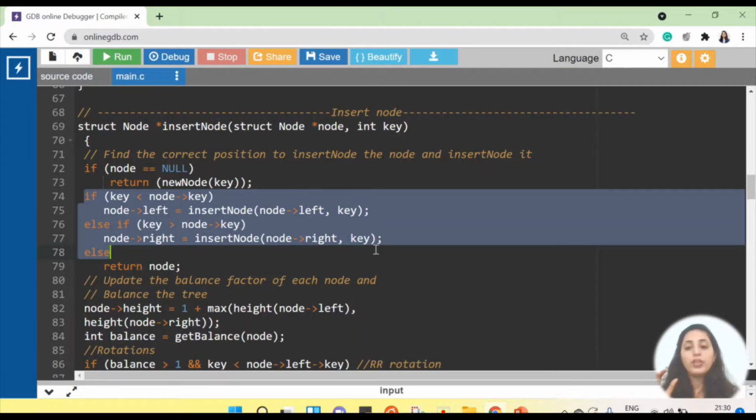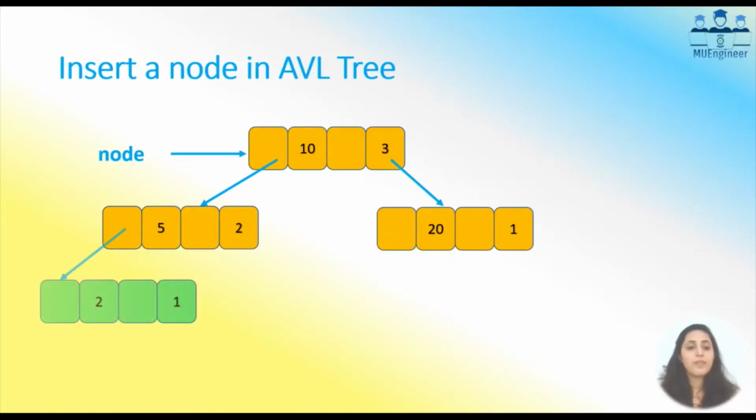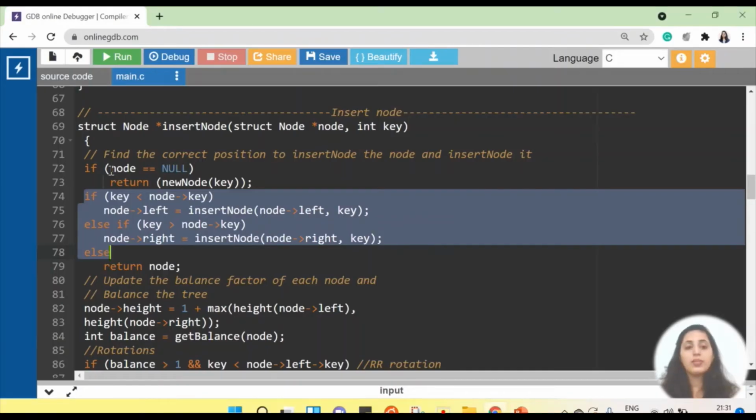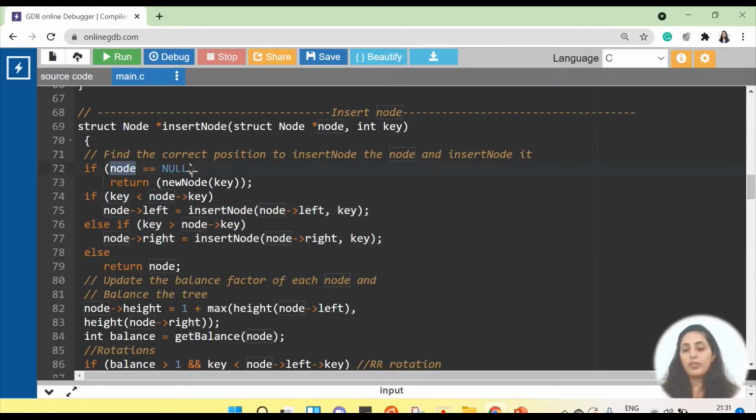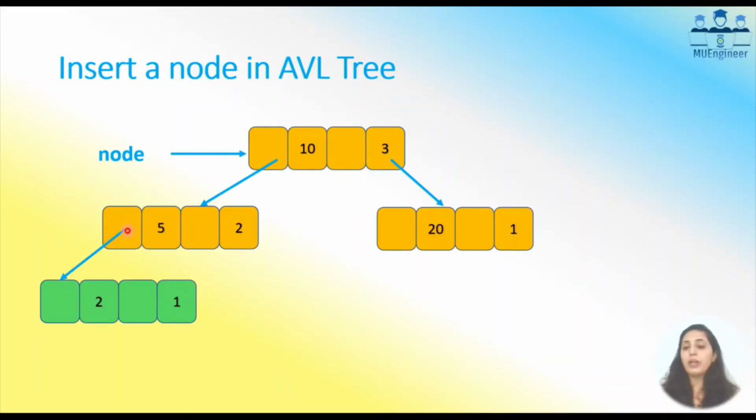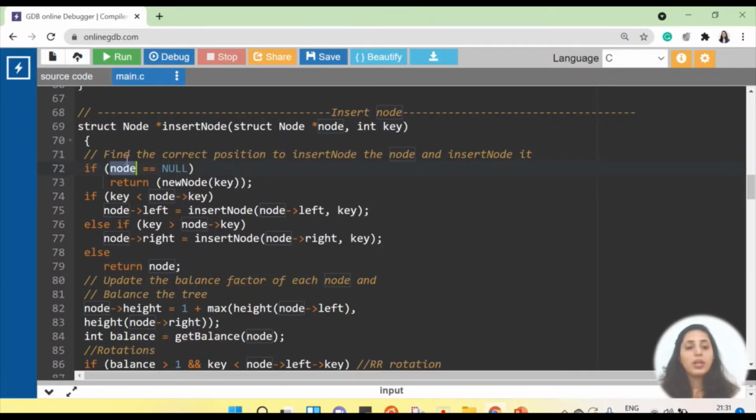It will reach some leaf node where there is nothing on the right, and there a new node will be added. Say for example, in this case, I have reached the left of 5, which is null. Now I can add 2 over there. So what will I do in that case? There the node will be null. When I reach the left of 5 and my node becomes null, that time I can create a new node with value 2, and this 2 should be linked to 5. So here this particular function is taking place.